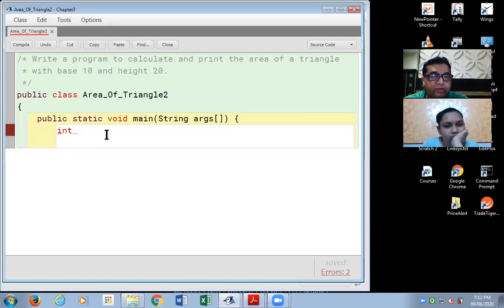I have not defined variables in the earlier example. In this example, I'm demonstrating the use of variables. I'm defining variables. I can call my variable B, or I can call my variable base. The name can be B in small letter or in capital letter. The name base can be in small letter or in capital letter, or the name could also be like this. But once you have defined it, then throughout the program, the variable name should be used in the same manner.